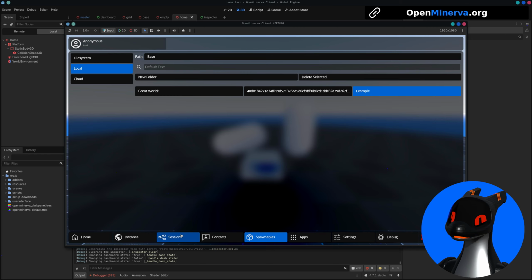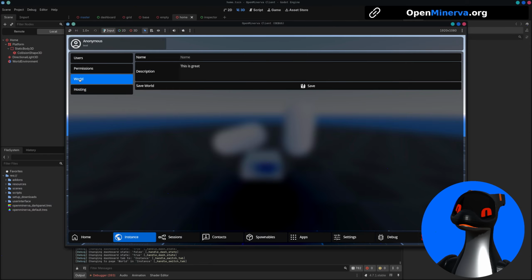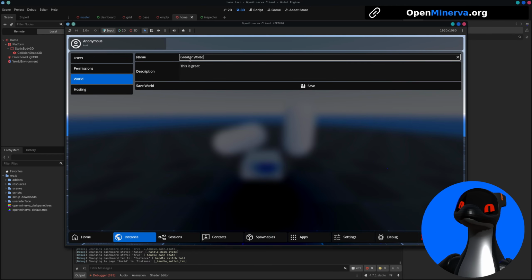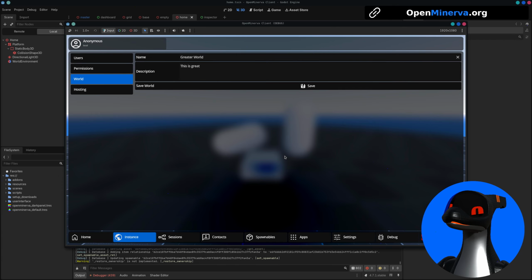So to save a world, you'll end up coming down to your dashboard in the bottom left hand corner. You go to Instance down here, select World, and then you'll give your world a name. So let's just say Greater World, and then we hit save, and then this will save the world as a spawnable,